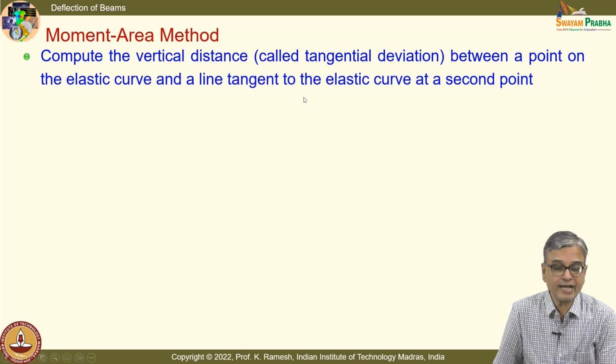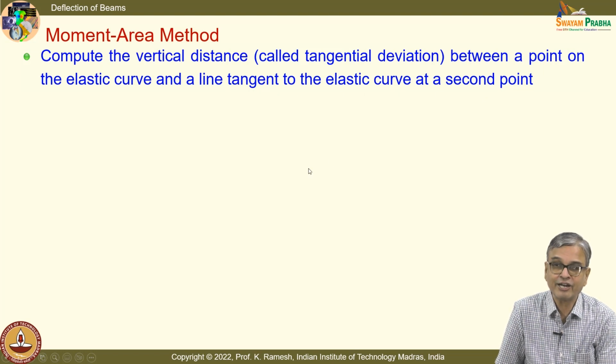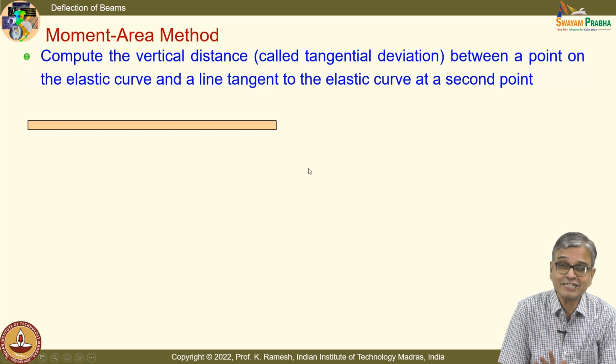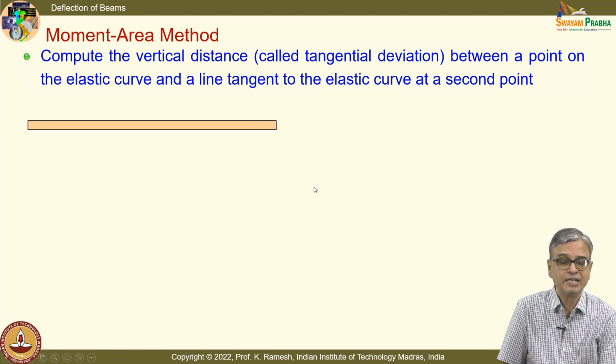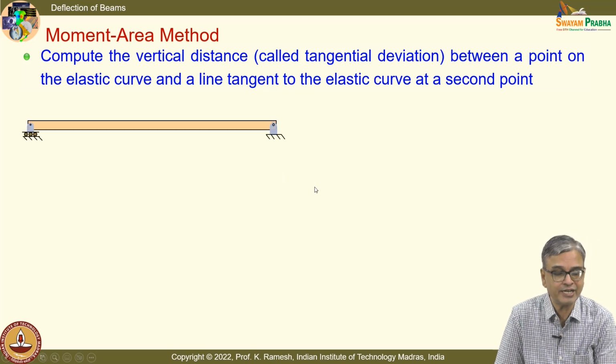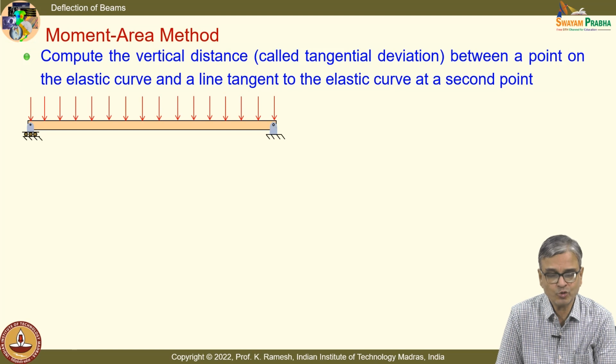And you can also calculate the tangential deviation. It is a very important aspect. I cannot find out the deflection, I can find out only the tangential deviation between a point on the elastic curve and the line tangent to the elastic curve at a second point. So, it cannot find out deflection directly, I can find out only a tangential deviation. So, you should understand what the tangential deviation is, and I have an animation. So, follow the animation and then draw the diagram. So, you will understand what is meant by this tangential deviation,